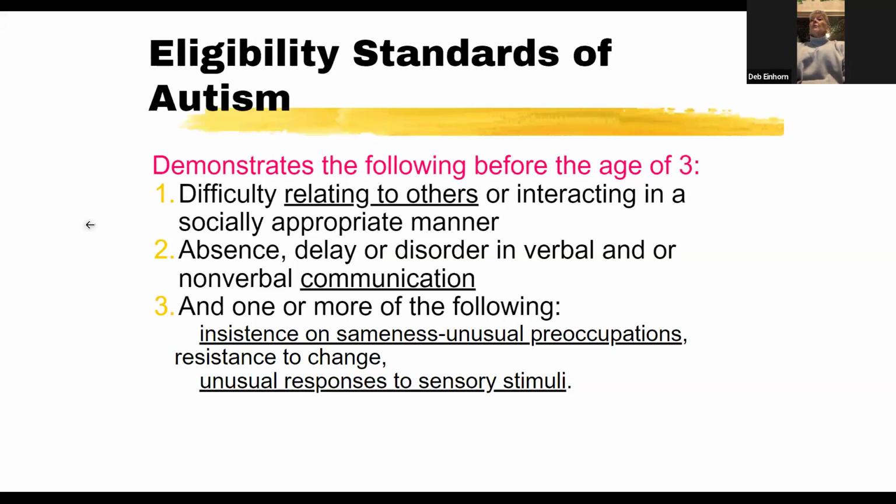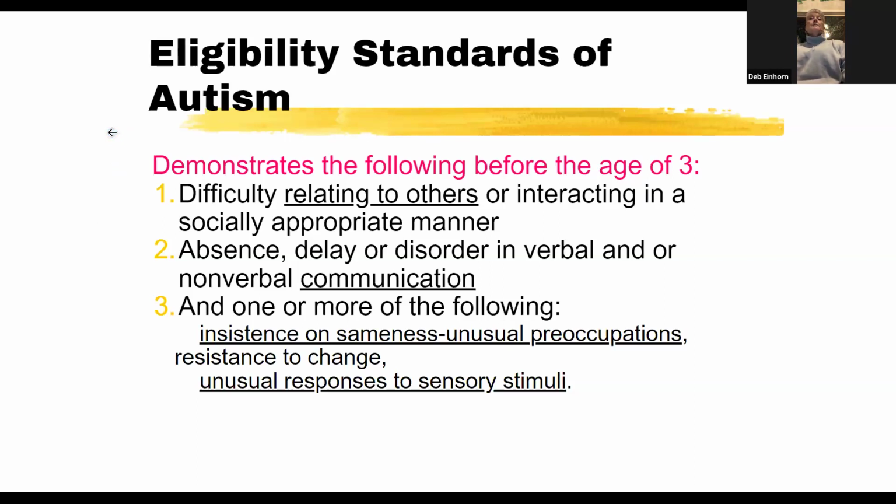How you can incorporate that preoccupation into their daily events could help them be more successful in the classroom. Resistance to change would be things like the change in the class schedule that we talked about. And unusual responses to sensory stimuli would include things like